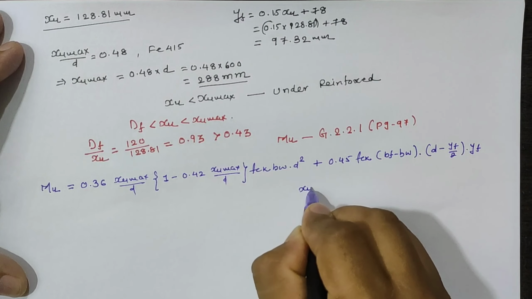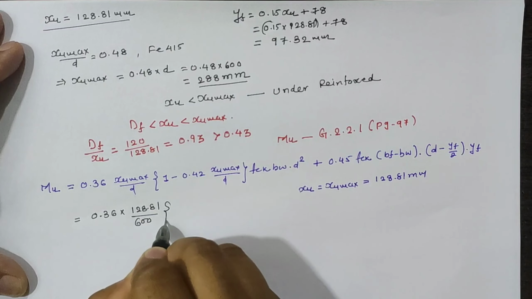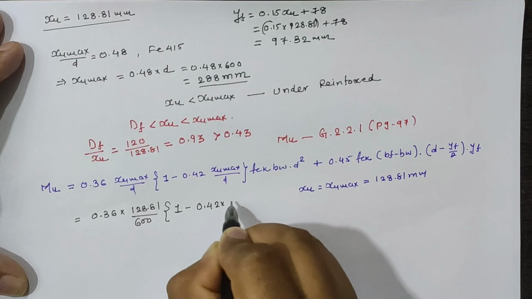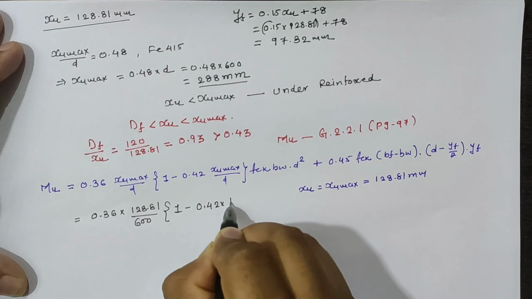So let us put the values. 0.36 is constant, Xu max is 128.81, effective depth is given as 600, 1 minus 0.42 is constant, Xu max is 128.81 divided by 600 into